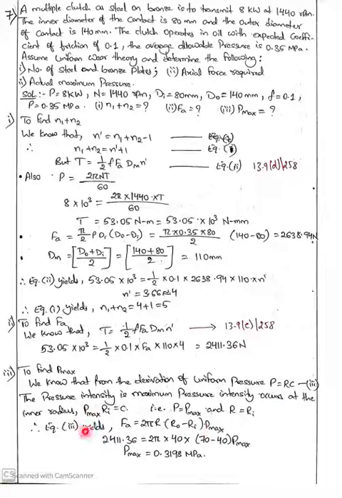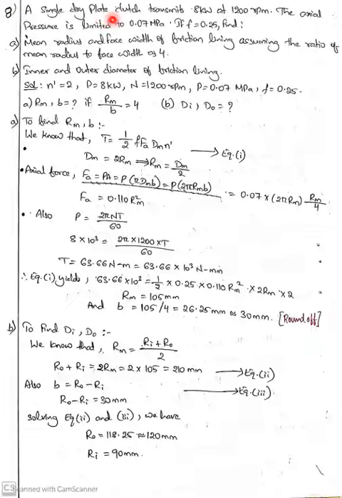Now, this is the equation: Fa is equal to 2 pi r into (r naught minus r) into P max. So in Fa, 2 pi r, the r which we have to take is the inner radius. This is very important. For a maximum pressure, the value of r we have to take as the inner radius. For a minimum pressure, you have to take the outer radius. Since he is asking for the maximum pressure, we have to take r as Ri. Substitute the value of Ri here, and we will get the maximum pressure.